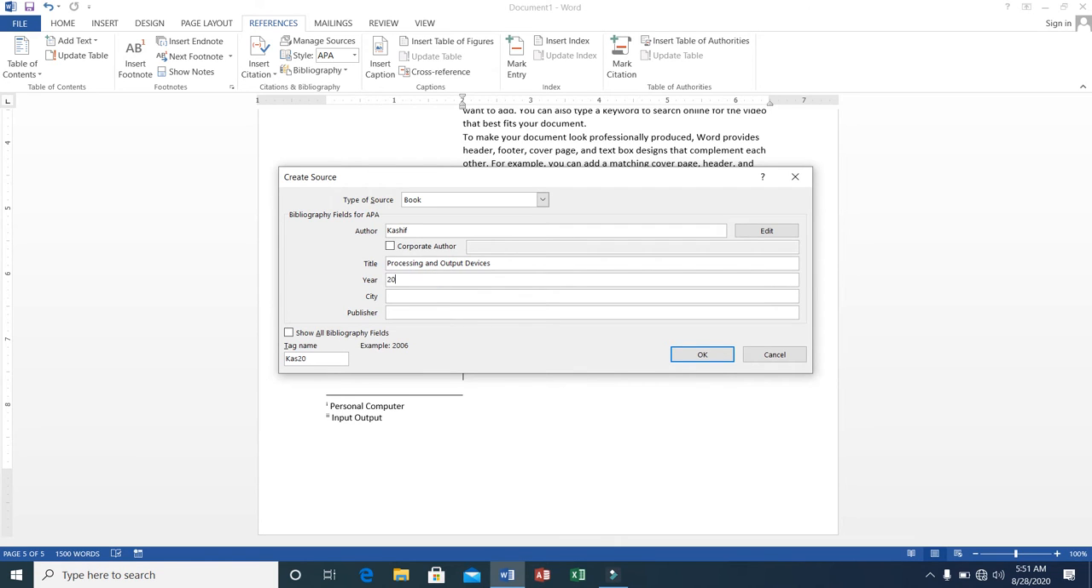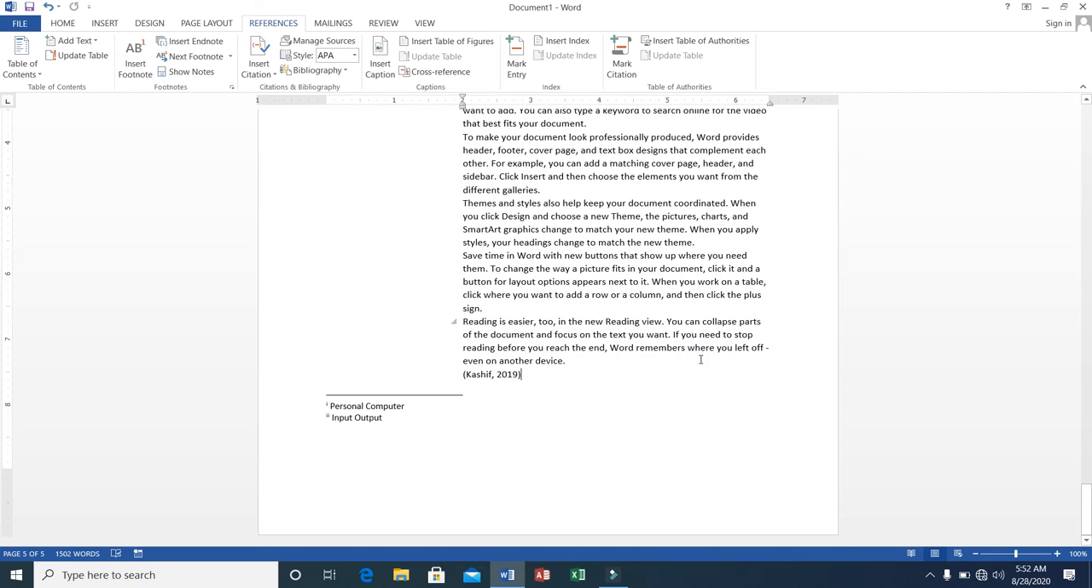Year is 2019, for example. City is Lahore, and publisher is GTI, for example, okay, and I will add it here, okay. Now I will go here after the table of contents,